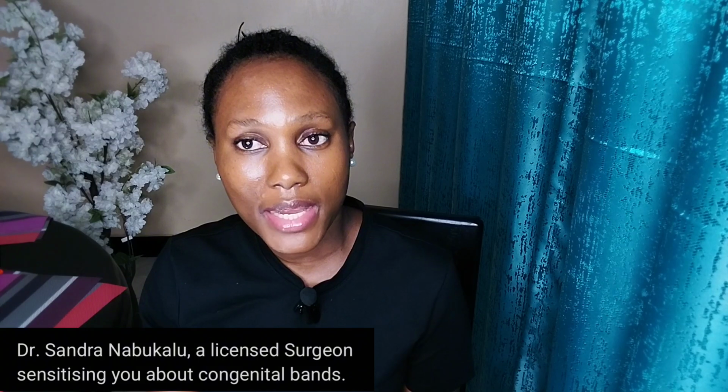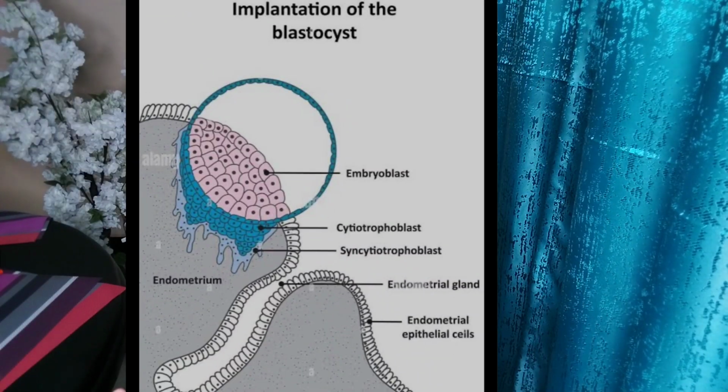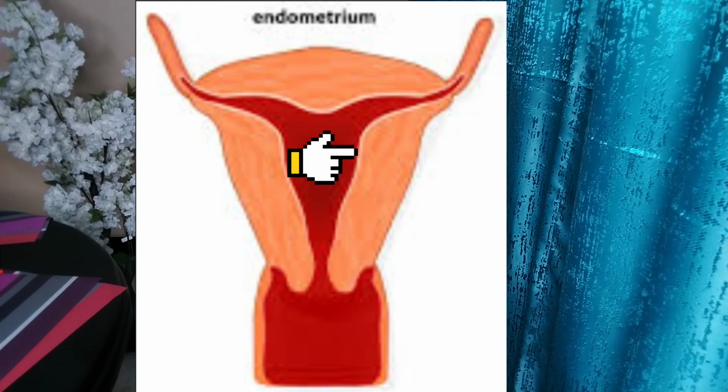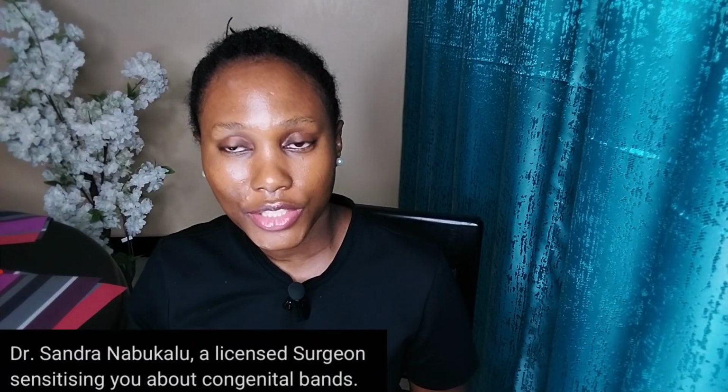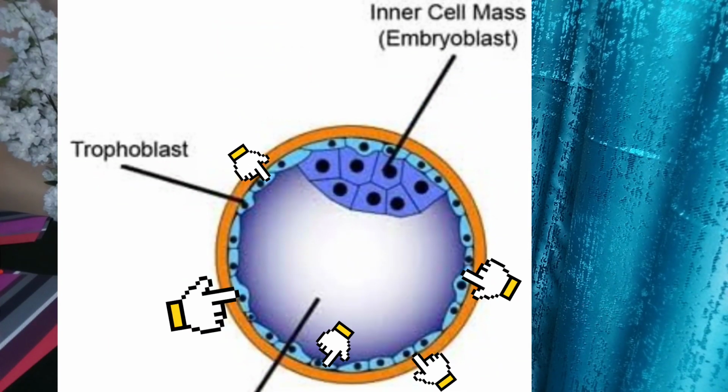That is the stage of implantation, where it gets attached to the walls of the uterus, specifically the inner wall of the uterus called the endometrium. During the stage of implantation, the outer part of the blastocyst, that is the trophoblast, has to divide into 2